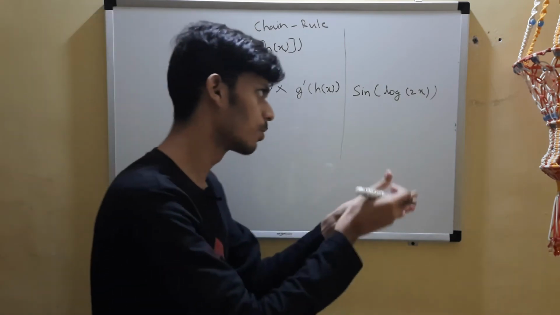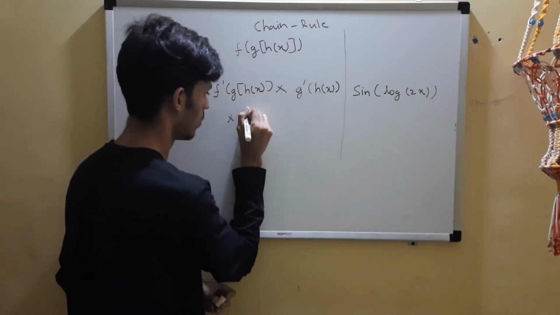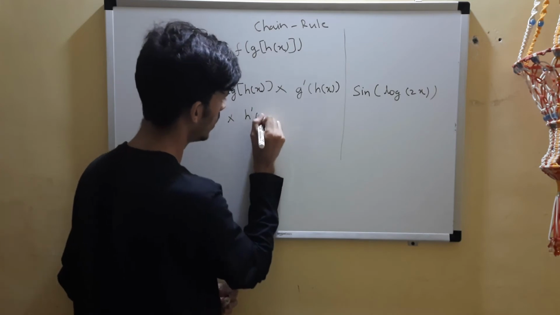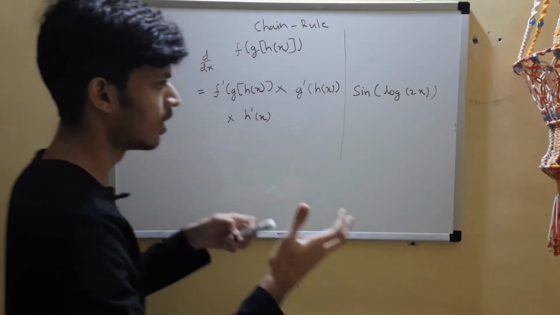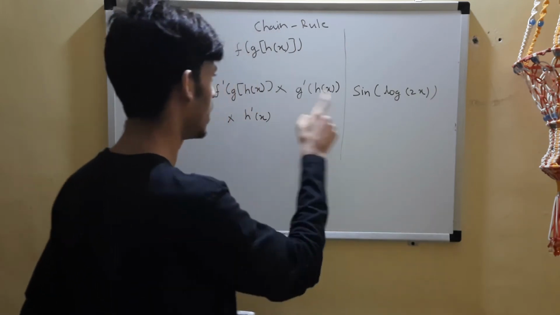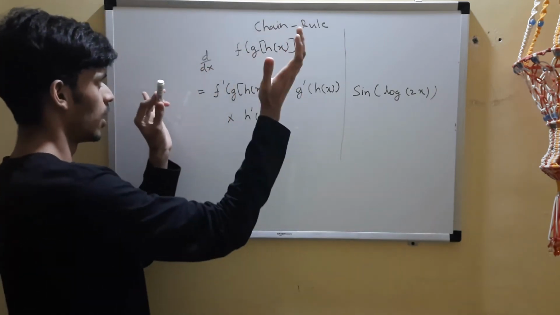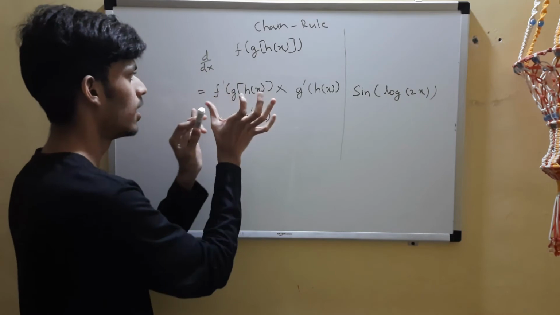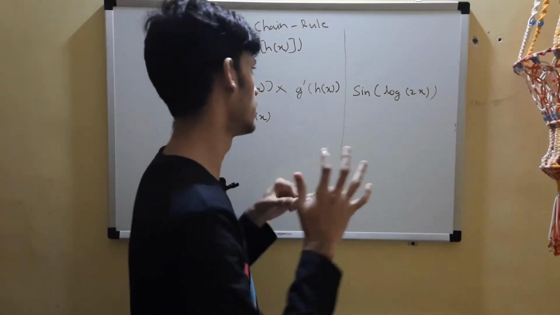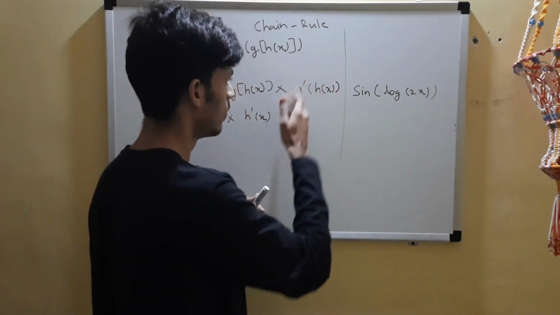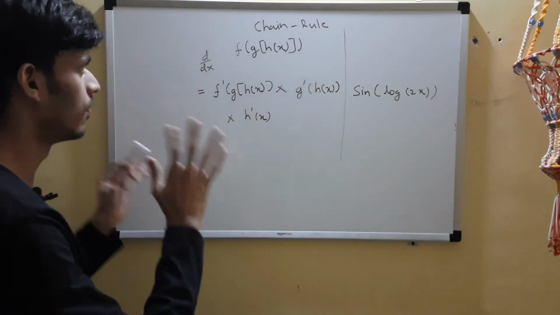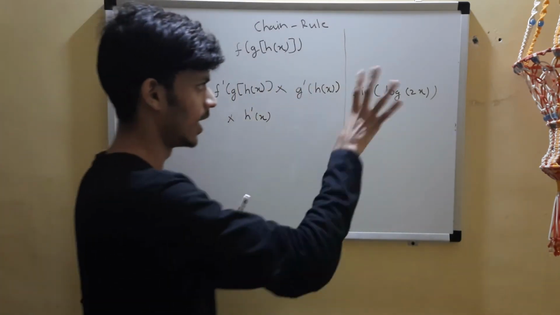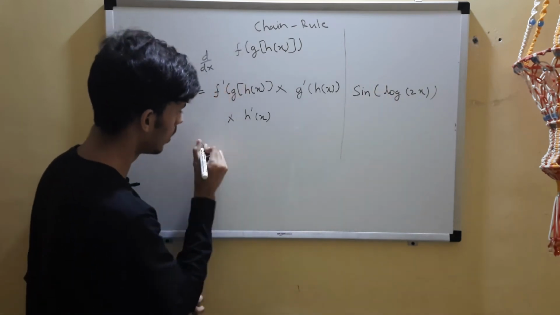Now you again go in, not just 3, however many times you have it, you have to go step by step and multiply each step. So first look at the outermost, differentiate it, keep the inside thing the same, then go to the next one, differentiate it, keep the inside thing the same, then go to the third one, differentiate it. Happy if there are 3. So we solve that now.